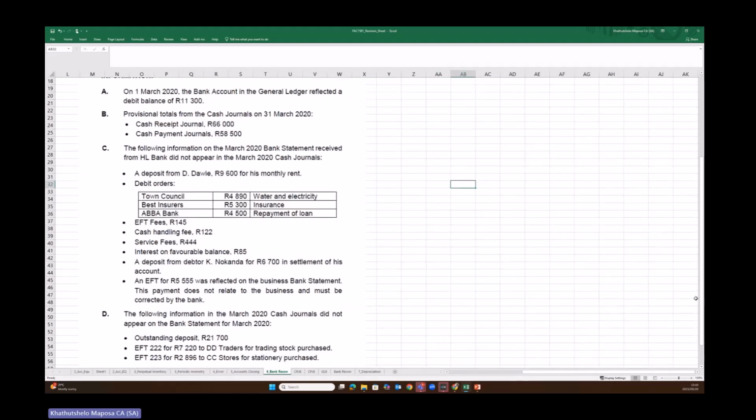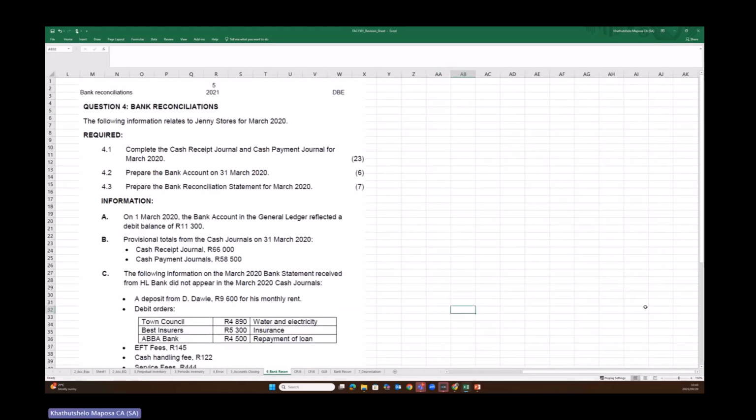And things that are on our cash receipts journal or cash book or the general ledger and they're not there in the bank statement, those are the things that we take to the bank reconciliation statement,